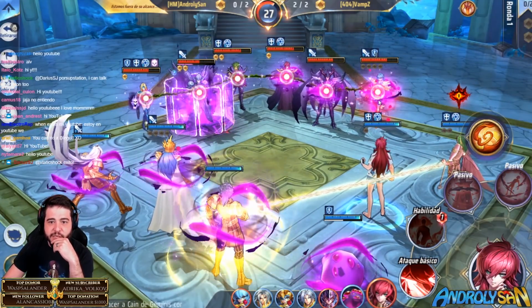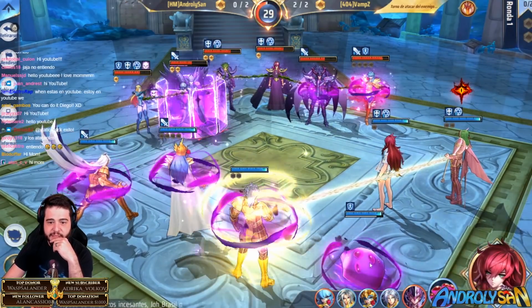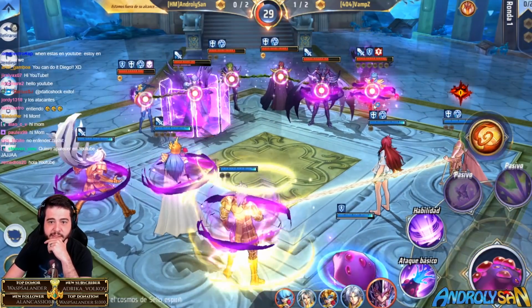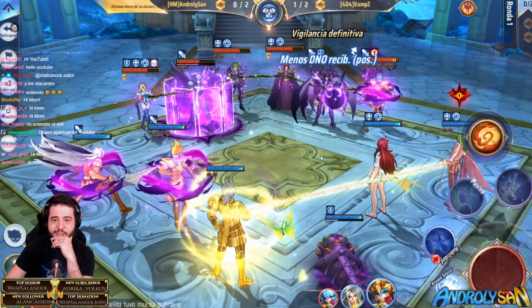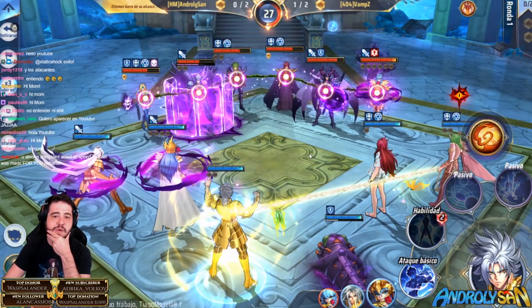I am going to touch Pisces to heal him, and with this heal, I also get my Mew to evolve a little bit faster. Double turn to Pisces. I'm going to touch him again, make sure he's full of life. Yeah, very nice, very good. 1000 IQ strategies being employed here. Here I am going to...